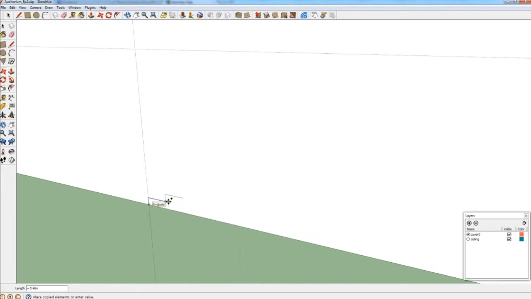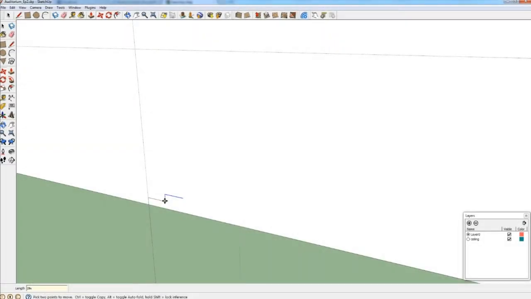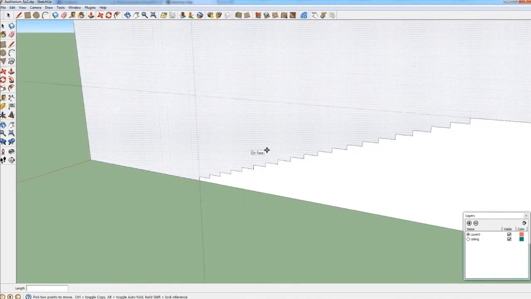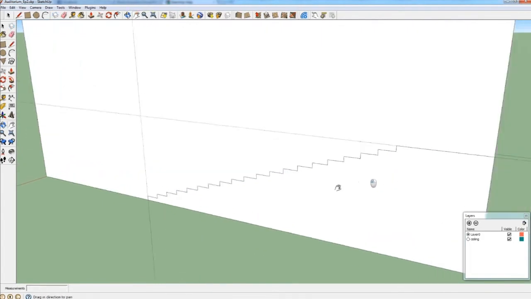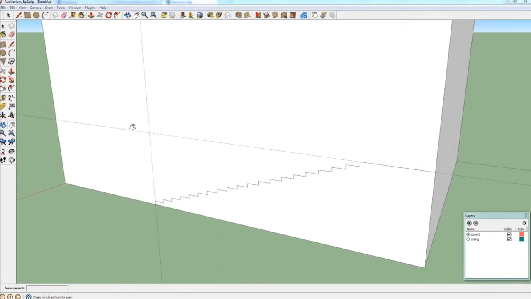So I place the copy at the end point of the previous object, and now I type 19x, which means repeat the same process 19 times so that I can fill in the whole stairs. I press enter, and suddenly the whole stairs is finished. I don't need the guides anymore, so I can delete them.